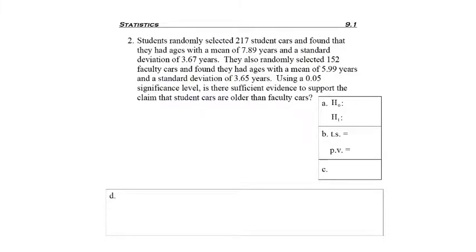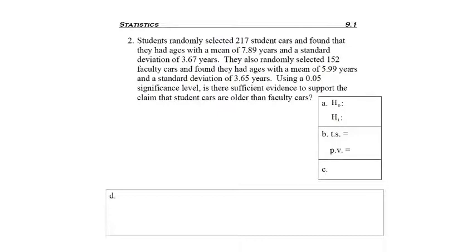Problem 2. Students randomly selected 217 student cars and found that they had ages with a mean of 7.89 years and a standard deviation of 3.67 years. They also randomly selected 152 faculty cars and found that they had ages with a mean of 5.99 years and a standard deviation of 3.65 years. Using a 0.05 significance level, is there sufficient evidence to support the claim that student cars are older than faculty